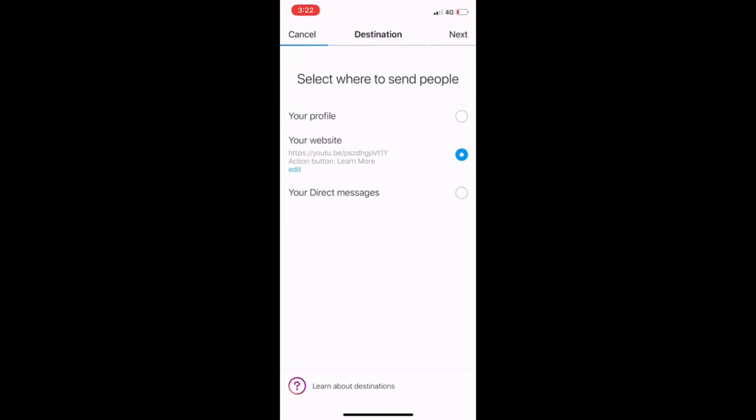If there is any business page or blog which has a website, they can drive all the traffic to their website as well. And the last one is direct messages. Whoever wants the traffic to their DMs can select this option. Okay, I want all the traffic to my profile, so I'll choose your profile.